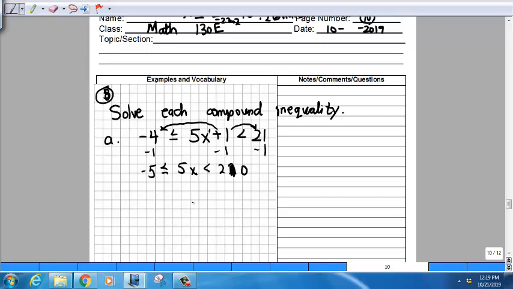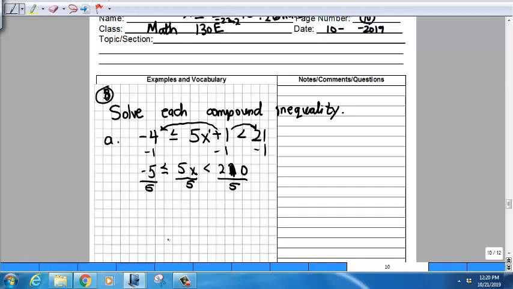And see, now I'm in a little bit better shape, right? Because now I have 5x instead of the 5x plus 1 in the middle. Same principle applies. Now I want to isolate the x in the middle, so I've got to get rid of the 5. Remember, that 5 isn't added to the x. That 5 is multiplied by the x. So to get rid of the 5, I have to divide by 5. So I'm going to divide the middle part by 5. But then if I divide the middle part by 5, I have to divide all 3 parts by 5